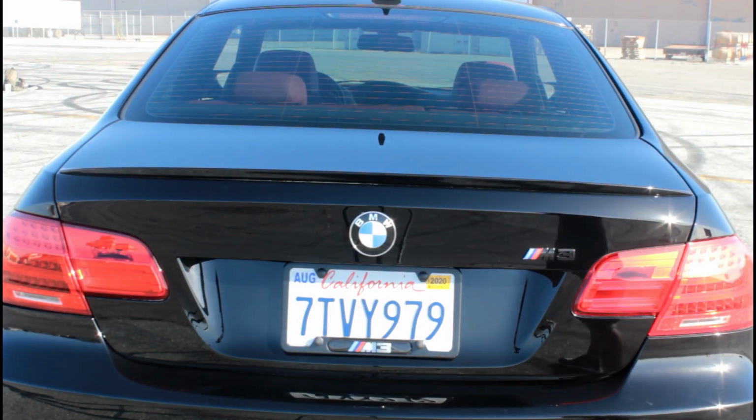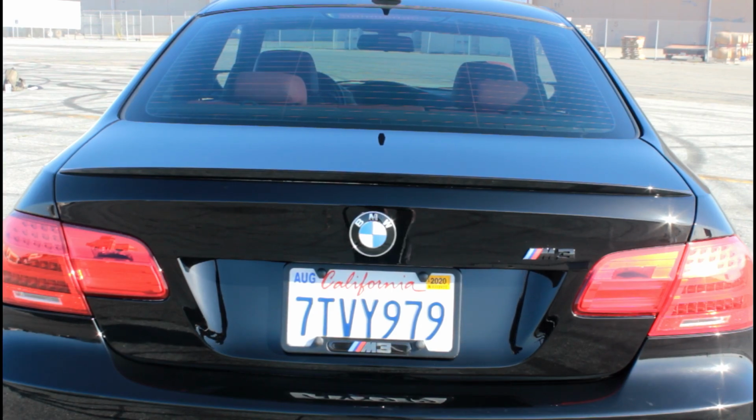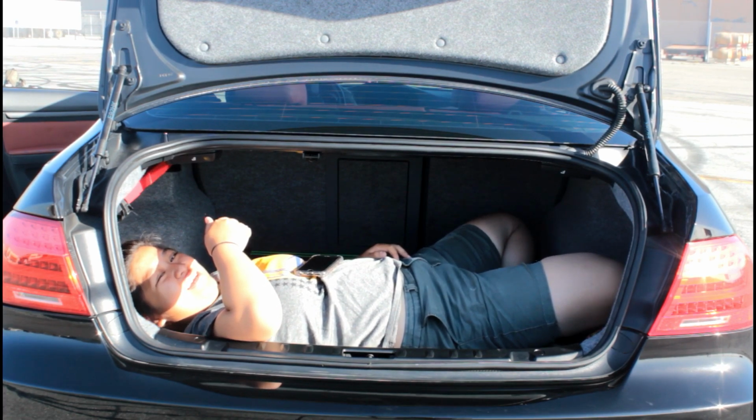All right. We know we can fit a human body in this trunk. That means that we're capable of holding a good amount of luggage and even attempting to do a small IKEA run. So in the middle of our Janelle test, as I was trying to remove Janelle, we found the levers